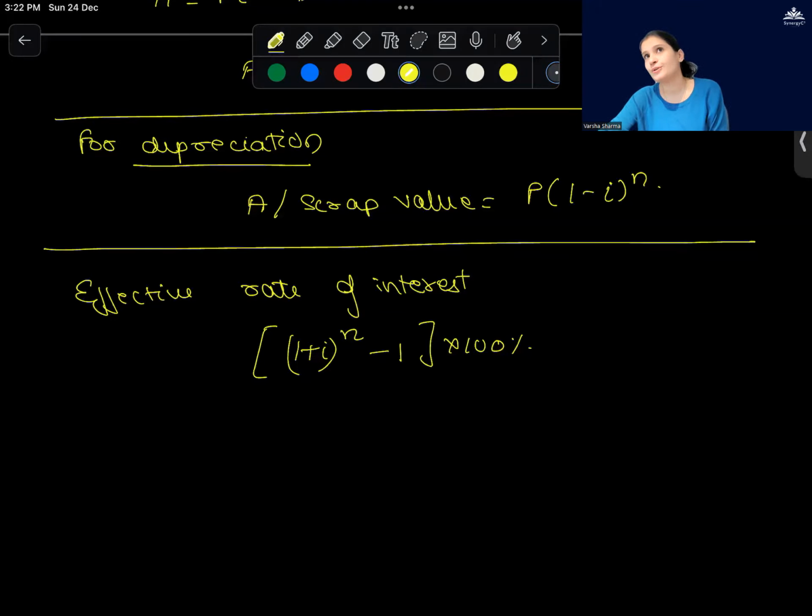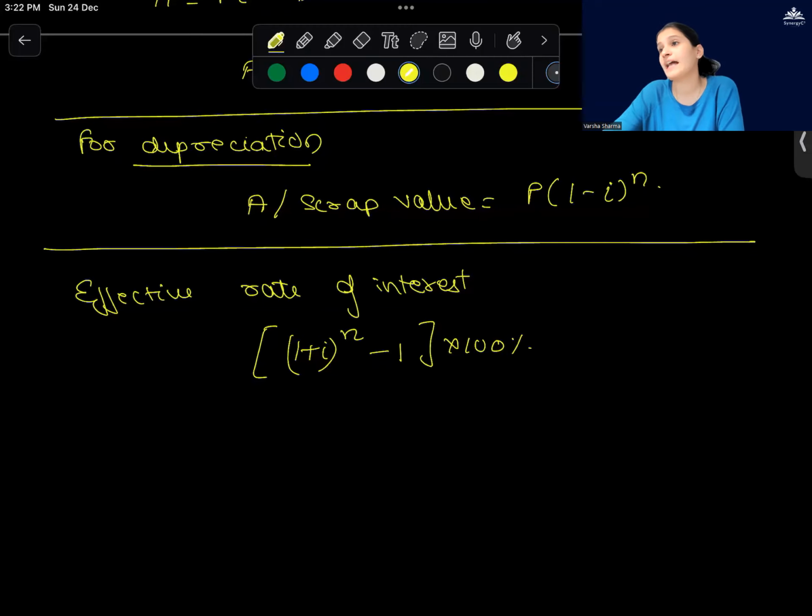So for example, if I tell you that one bank is giving me an annual interest of 3.9% if I invest in it. And one has given me 3.8% but calculated half yearly. So which bank should I go for? Whether I should invest in the bank that is giving me an interest of 3.9% annually, or I should invest in the bank that is giving me 3.8% calculated half yearly. So what I'm going to do is find out the effective rate of interest for 3.8%. If it is more than 3.9, I'm going to go with the half yearly. Okay? And if it is less than that, I'm going to go with the annual one.